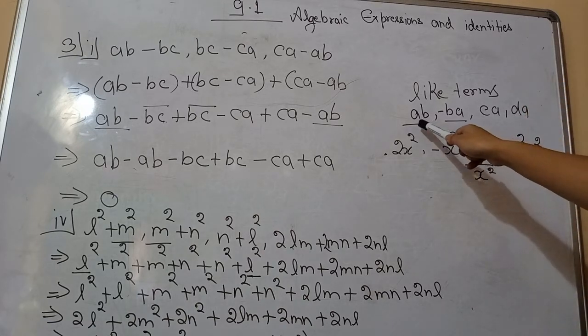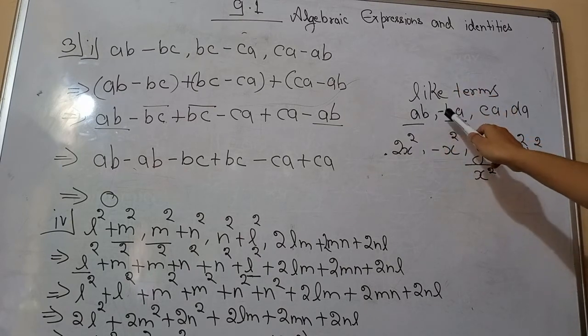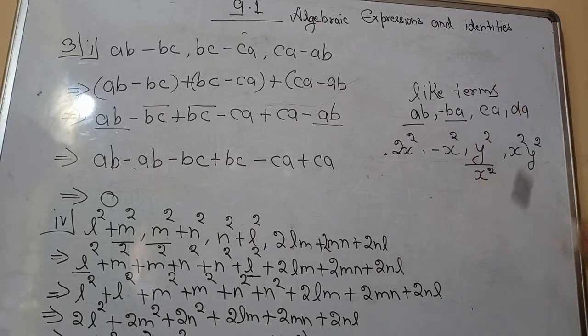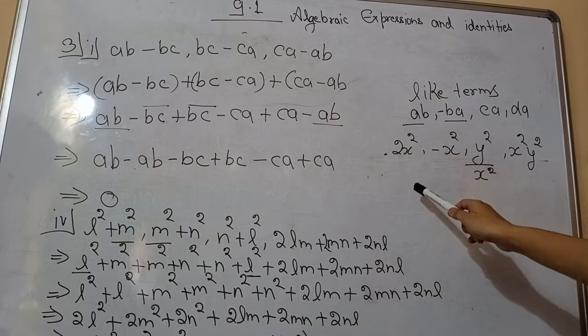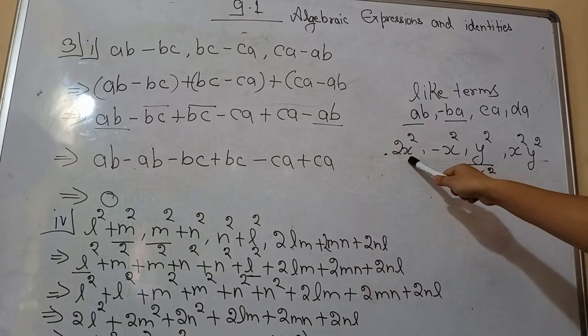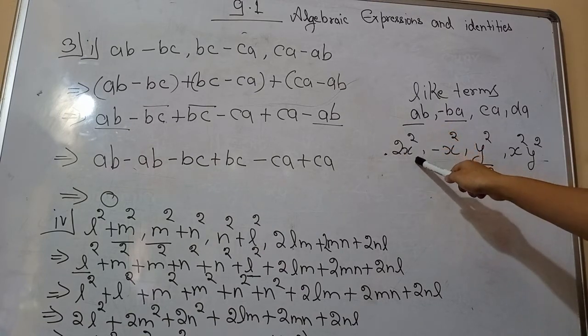So we have to see that AB, here also AB is present and here also A and B are present. Signs we have to eliminate. So these two are like terms. Like here you can see, numbers also you have to eliminate in like terms. While considering like terms, you have to eliminate the signs, either it is plus, minus, divide or multiply. And the next thing which you have to eliminate is the numbers or the constant which is multiplied with the variable. So here what is the variable? The variable is x square. No need to see the constant or the sign. So the variable is x square.